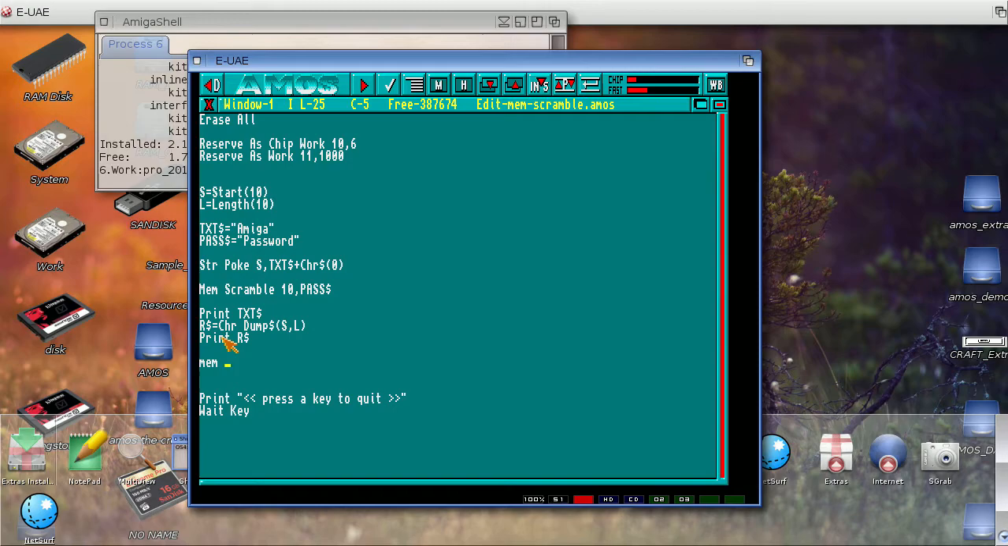Let's try the other command. Unscramble. Unscramble, and as we know, it's from the start address, and then it's to the destination address, and this time we have to take minus 1 because this function is including